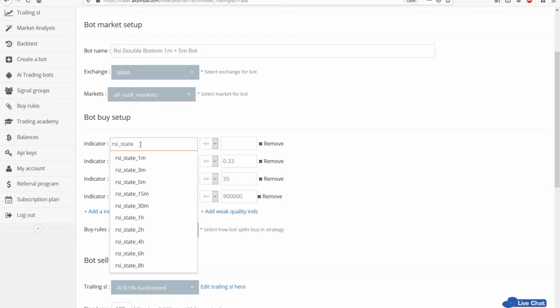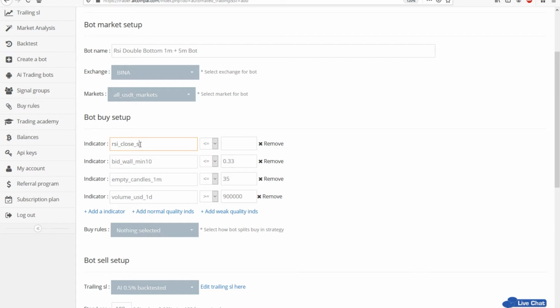Closed state means the closing candle; with no state, it means the previous candle. We will be using the current candle. We can just click on it. We want to buy only in those markets where RSI on the closing 1-minute candle is lower than 30. I will show you how it looks